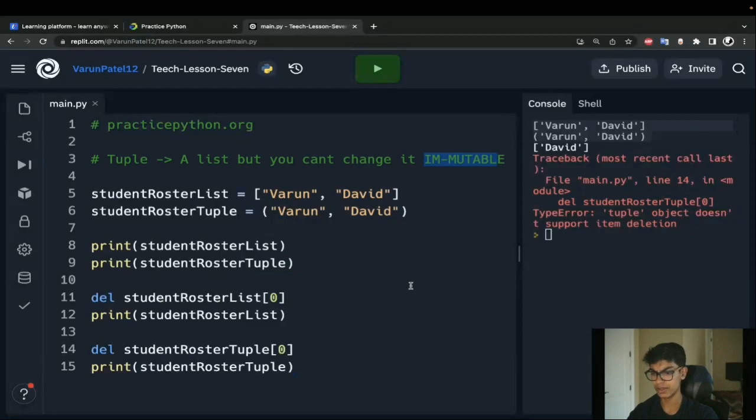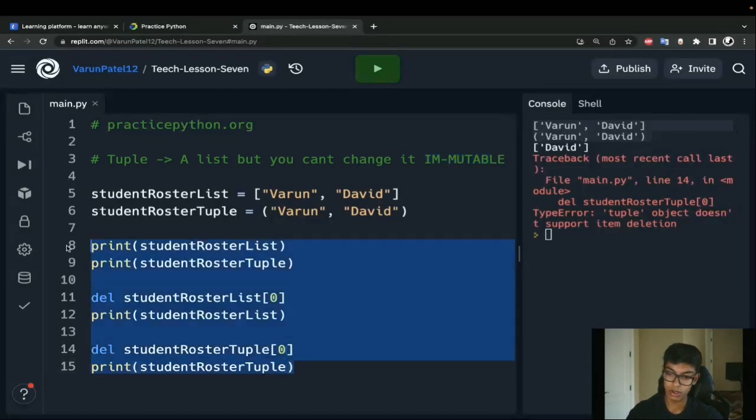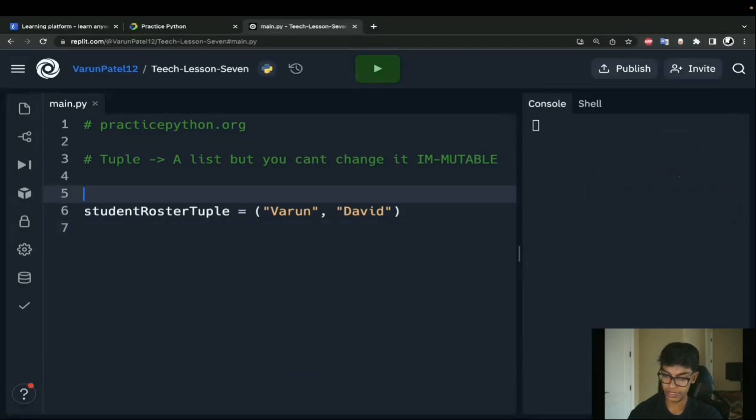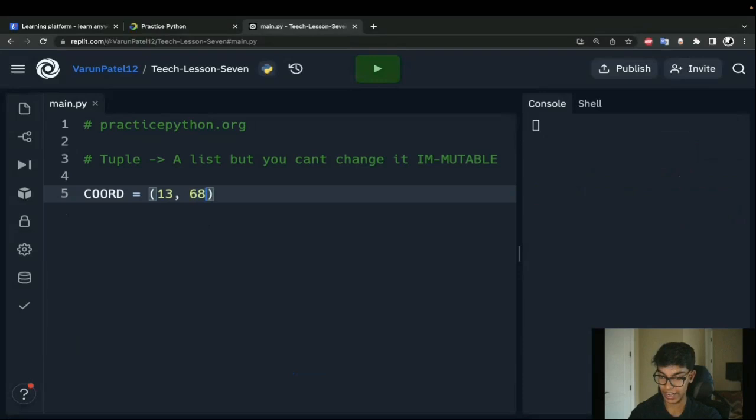And you might be wondering, well, why would I have them in the first place? Wouldn't a list be much better to use? Well, the main reason tuples are used is, let's say you have coordinates for a location. These are things that don't change, like a location's latitude and longitude. A tuple might be used because the fact that it can't be changed makes it a little bit faster to work with. That's a weird thing to imagine, but tuples do have their usage.